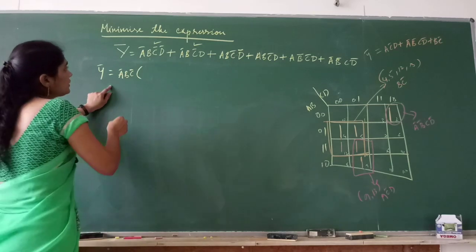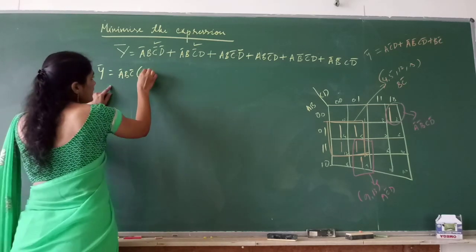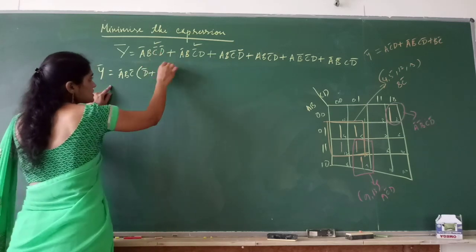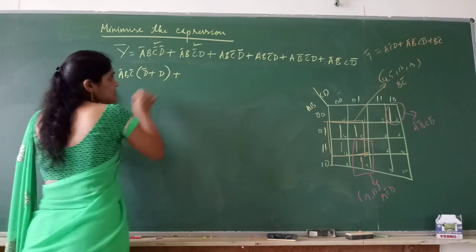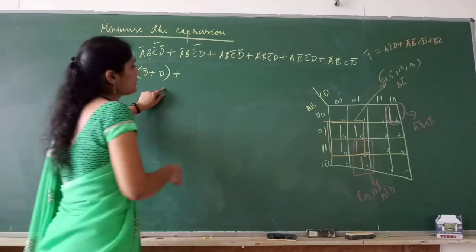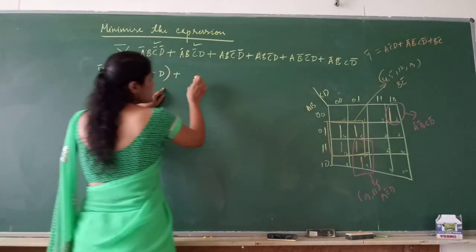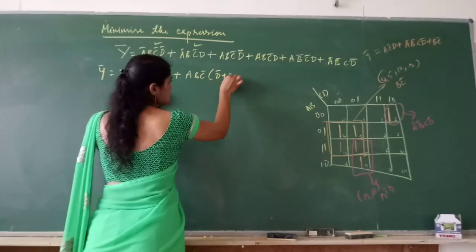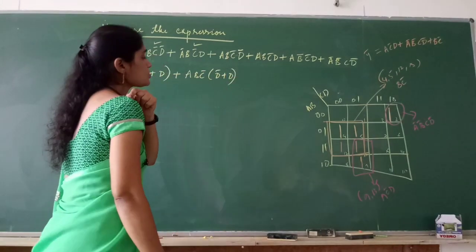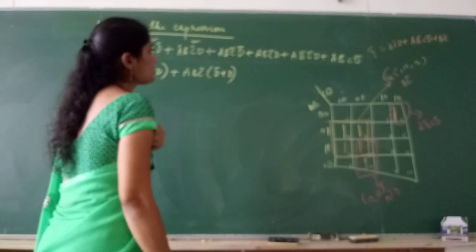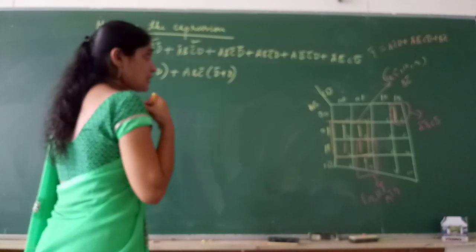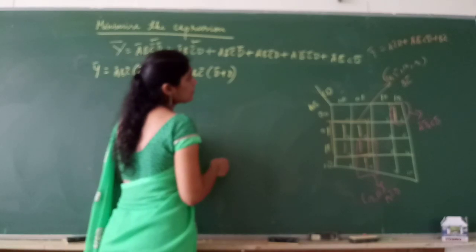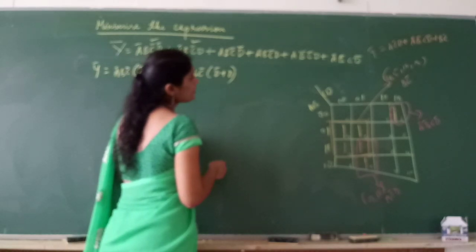So if you take a bar, b, c bar common, in the equation we have d bar plus d. Then in these two, a, b, c bar is common, so d bar plus d. And in the next two terms, a, b bar, c bar d plus a bar, b bar, c d bar. Okay, no variable is common there, right?